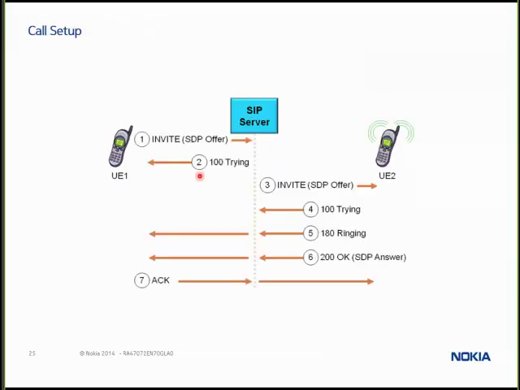Now, once we are registered and we start a call, the subscriber who initiates the call will send the SIP INVITE, including the SIP offer, saying, okay, I speak English, Spanish, and Portuguese. Which one would you prefer? Now, the SIP server sends back a message saying, okay, I got your message, I'm trying to locate the other subscriber. It performs whatever it needs to in order to find the subscriber so that it can send it an invite with the offer. So it forwards this message 1